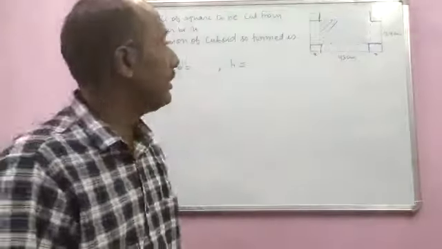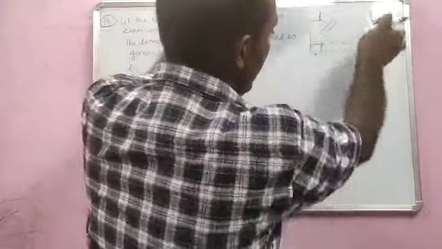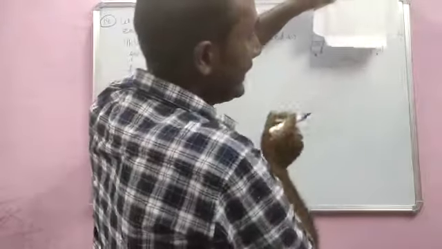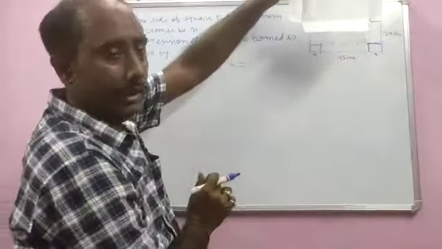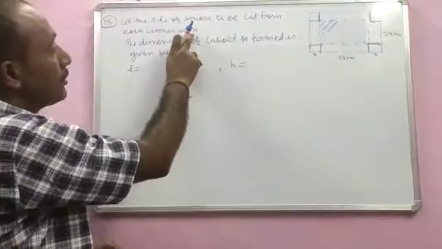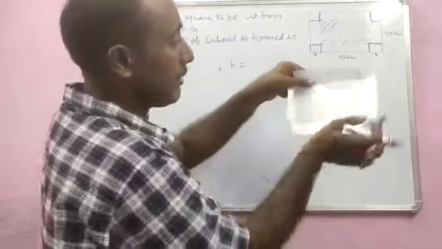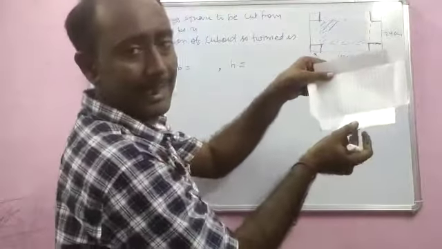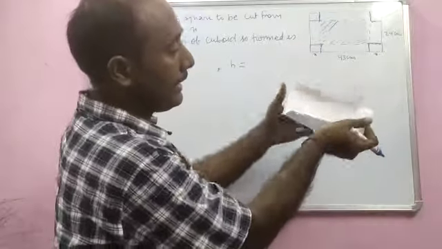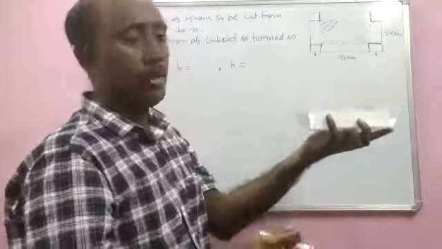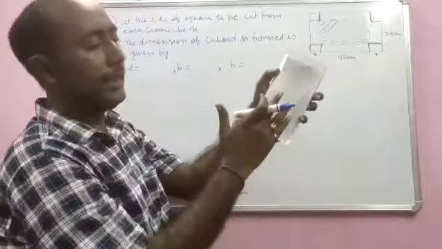Say for example, this was a rectangular piece of tin sheet which we were having, and from each corner I have removed a square. And that length of the square I have assumed as x. The length of the square which is removed from each corner is x. Now when I fold it, you will get the shape of a cuboid, a cuboidal box which is open at the top.